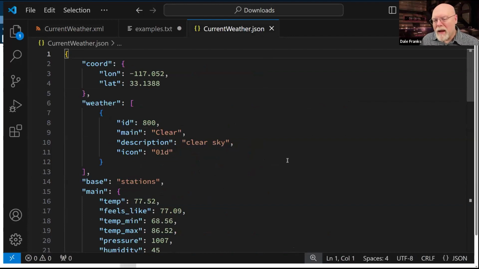However, unlike XML, which has a bunch of named nodes, what they did with JSON is that they decided to use JavaScript syntax, or at least JavaScript type syntax, to determine the structure of data. And the nodes in JSON are not named. And in fact, the only way that I know there's a node is by looking at a curly bracket or a square bracket.